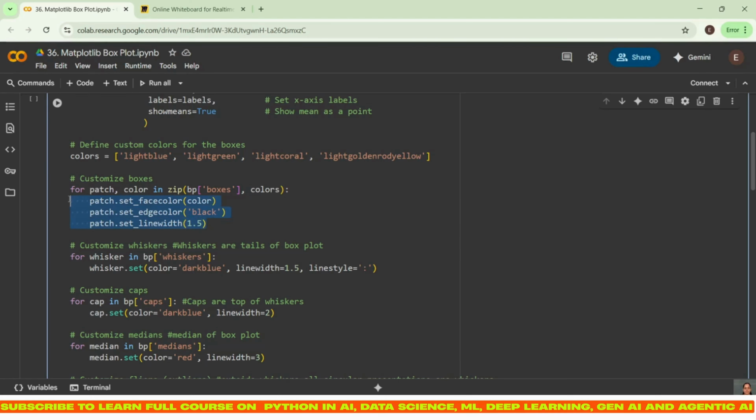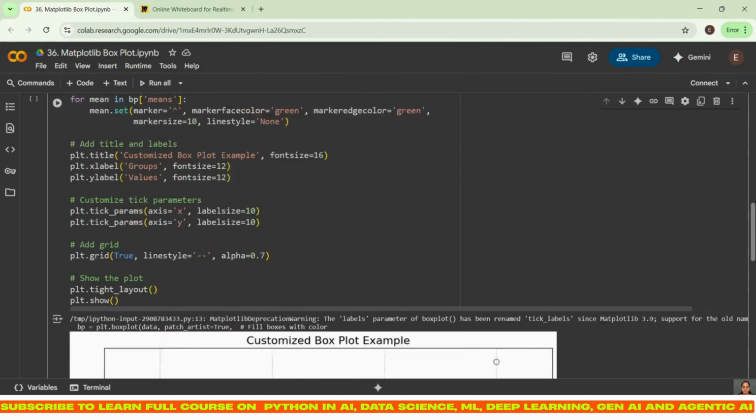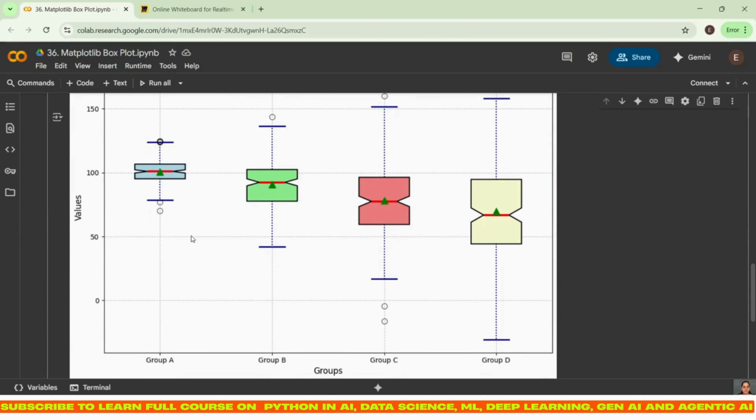I am customizing. Next, I am customizing my whiskers, and whiskers are what, guys? These are the tails of the boxplot. So if you come down, you can see this extended area, right?